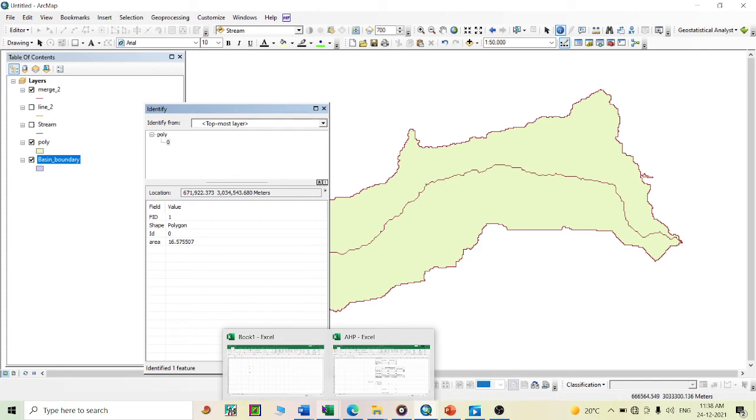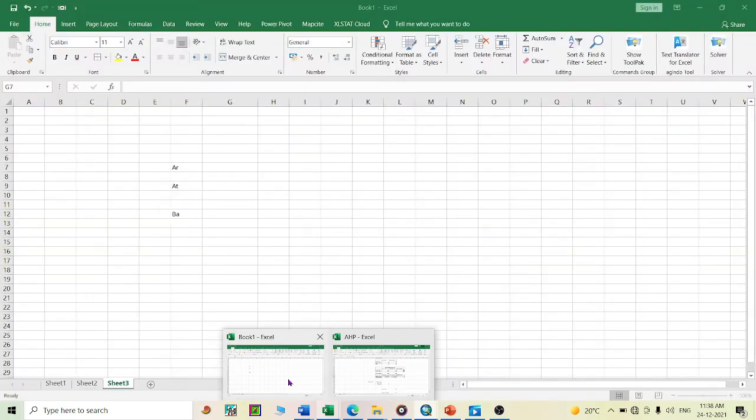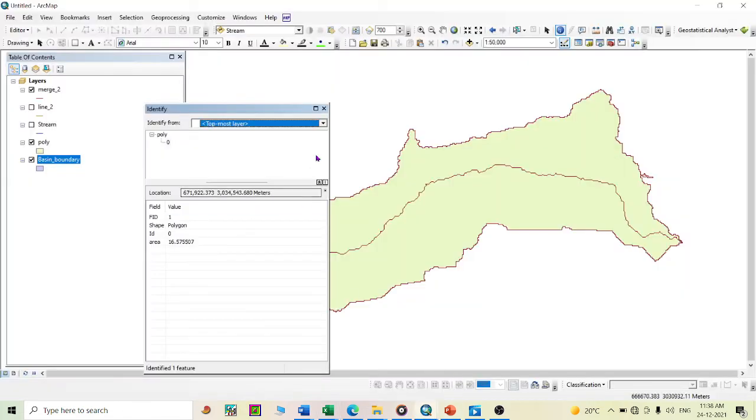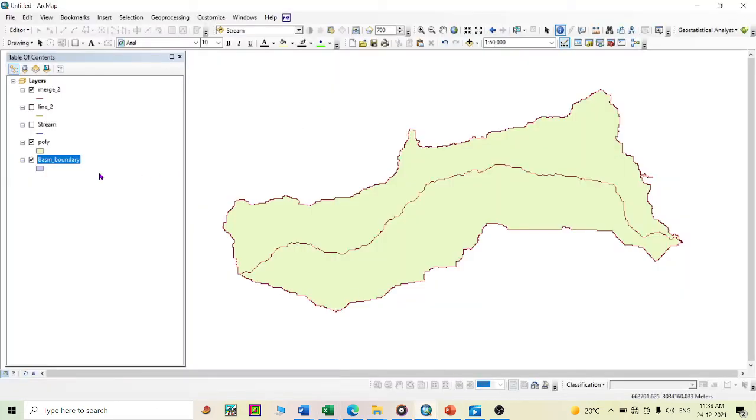For the final task, to calculate, we need to take the help of an Excel sheet. Here I have already done this. AR is 16.57 and AT, that means total basin area.